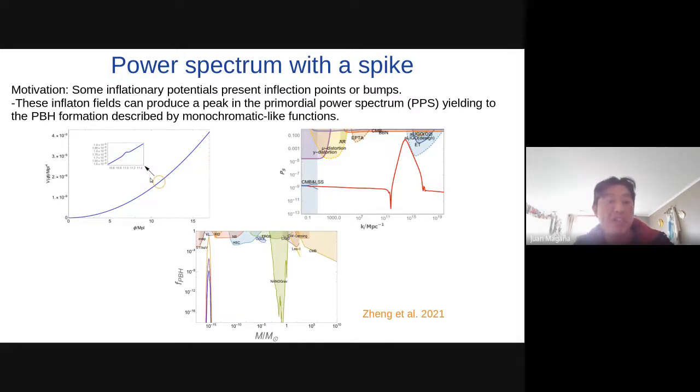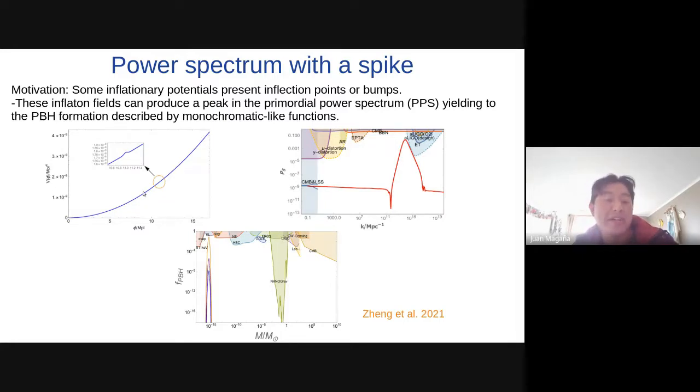For example, using this scalar field for the inflaton, these authors obtain this primordial power spectrum, which is peaked at this wave number, 10 to 14, 10 to 15 megaparsec to -1.